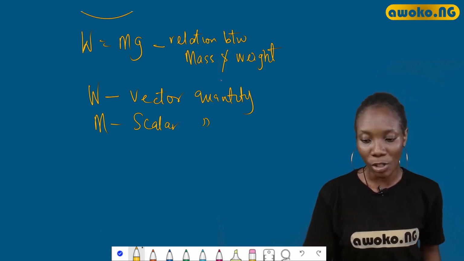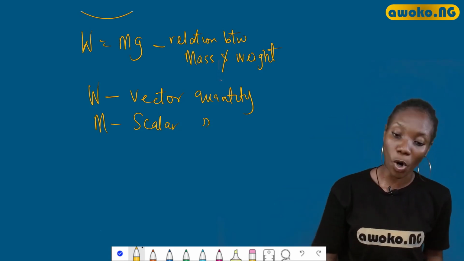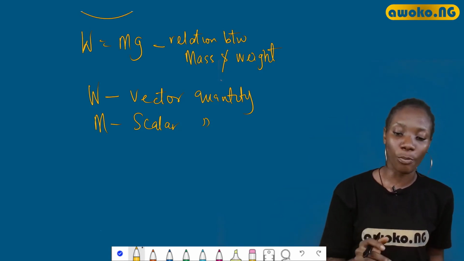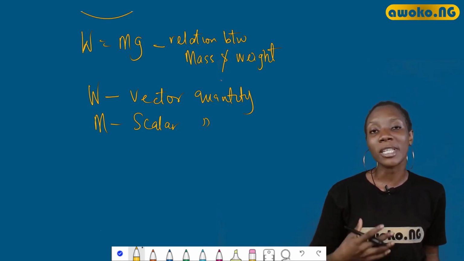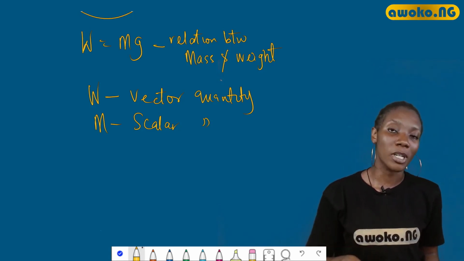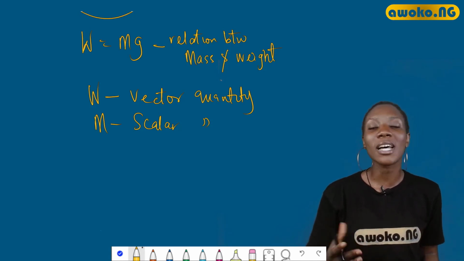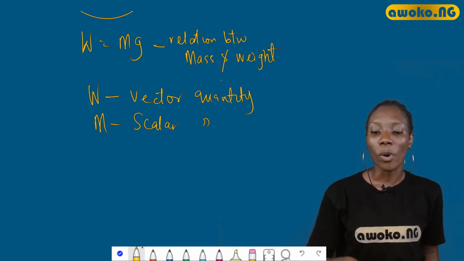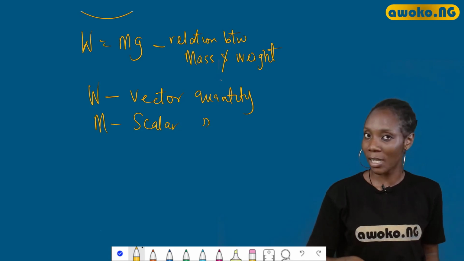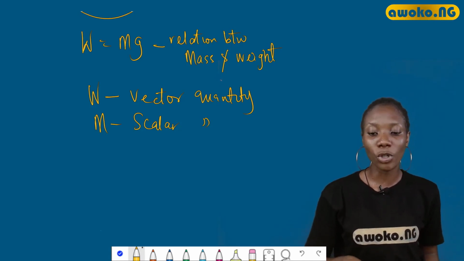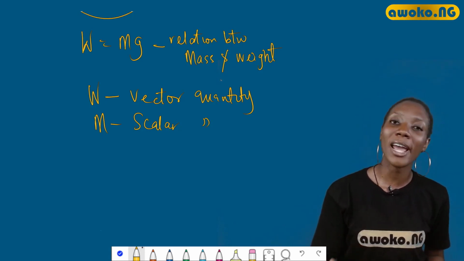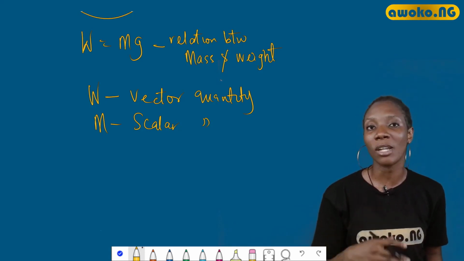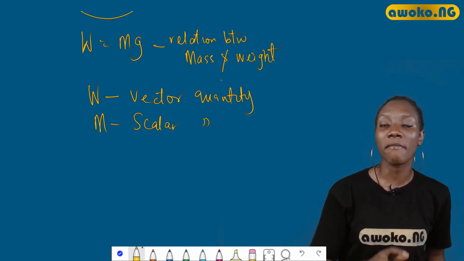So with that, today's lesson, we've been able to solve questions on Newton's laws of motion, and we've been able to see how they have helped us to explain the motion of objects to an extent and how important it is that we know them. We're going to solve more problems on this, but for now, at your own leisure time, I urge you to try and take as many questions as you can on this, because the questions may vary.